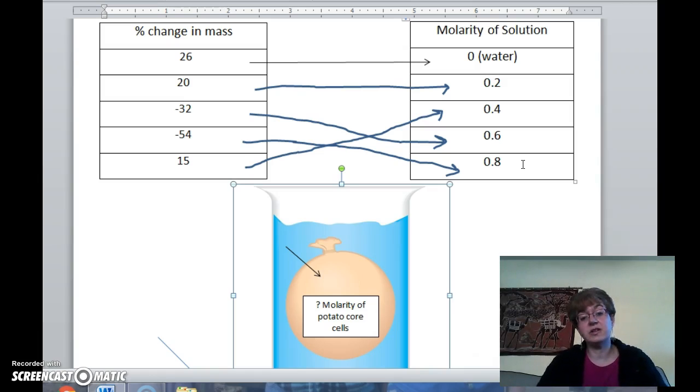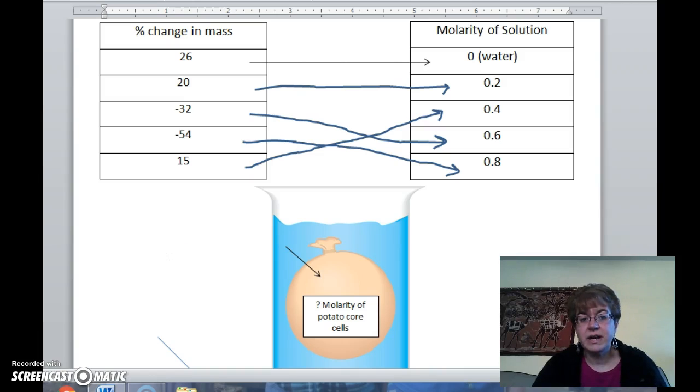Something else that I want to make sure that you understand is that where your percent change in mass flips from a positive gain to a loss, your molarity of your potato core cells is going to be somewhere between there. So when I look at this data, I see that the change happened when it went from a 0.4 molarity to a 0.6 molarity. That's where I went from a 15% gain to a 32% loss. So I know when I graph it,